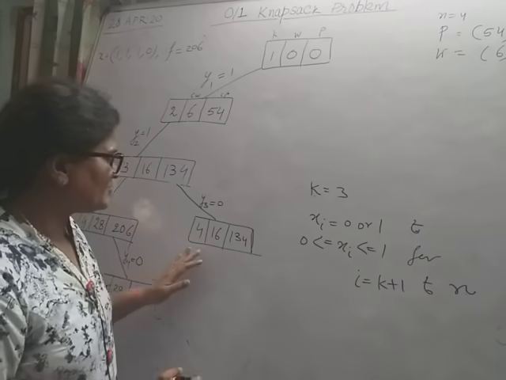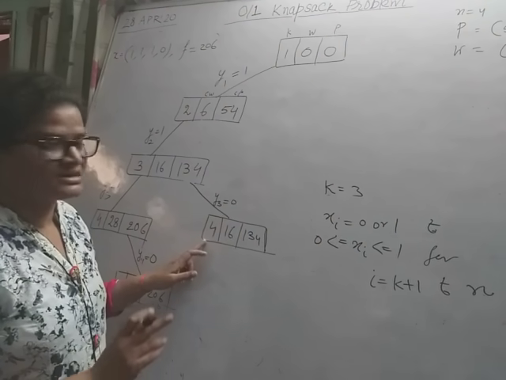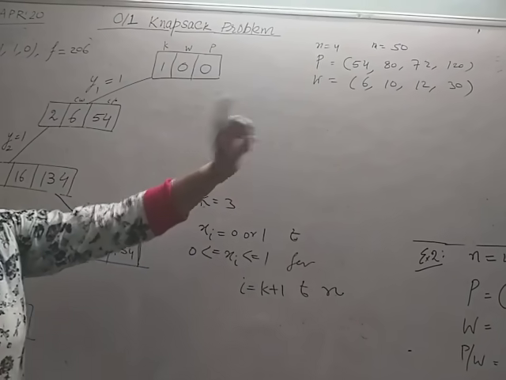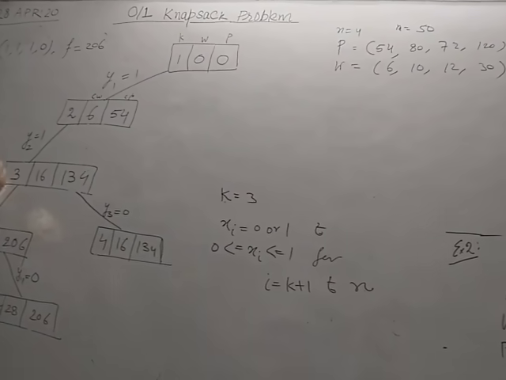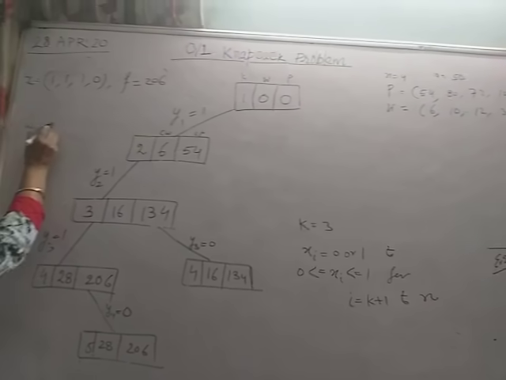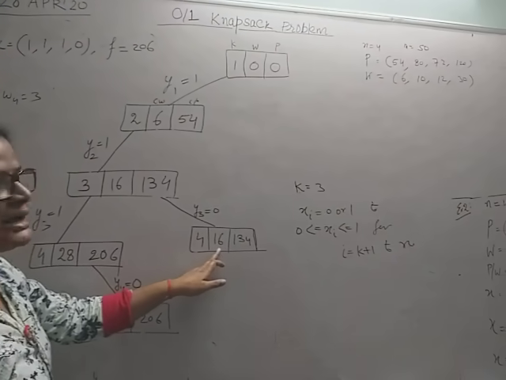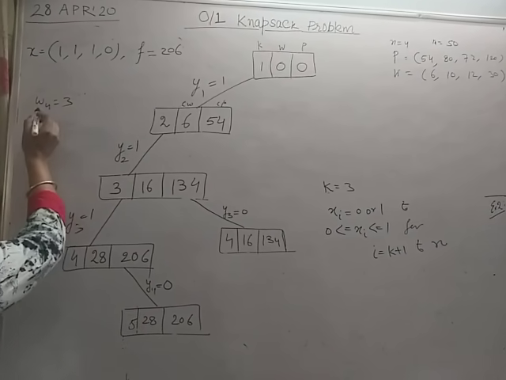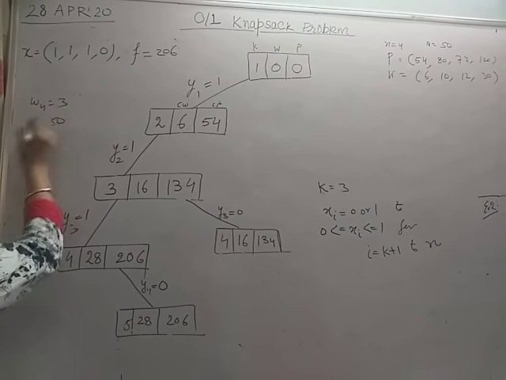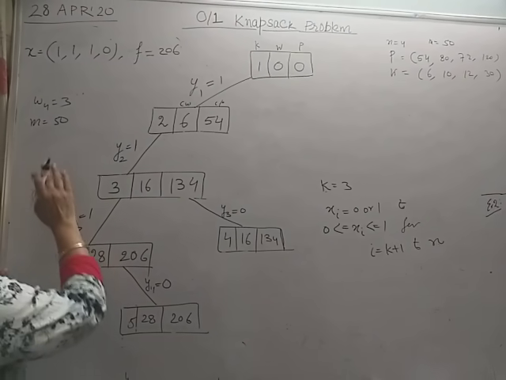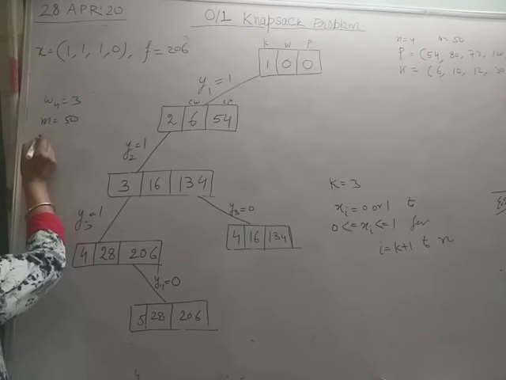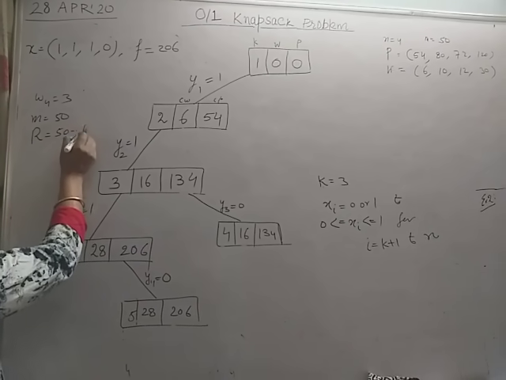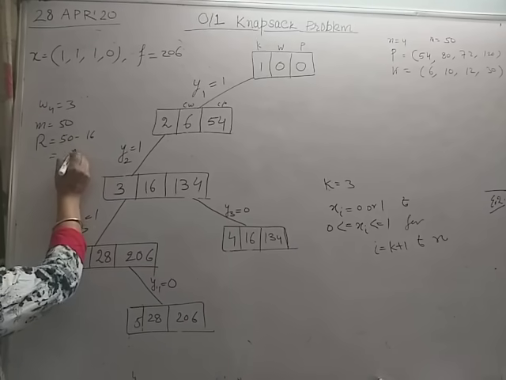So for the fourth object, the weight W4 is 30, and the capacity is 60 and the remaining capacity m is 50. If we denote the remaining capacity by R,